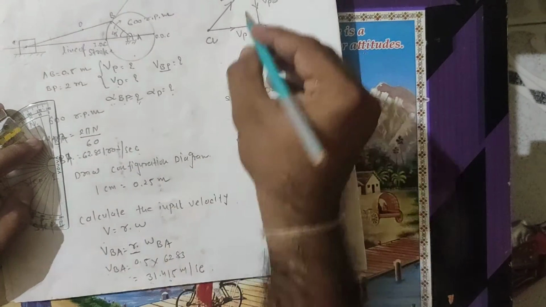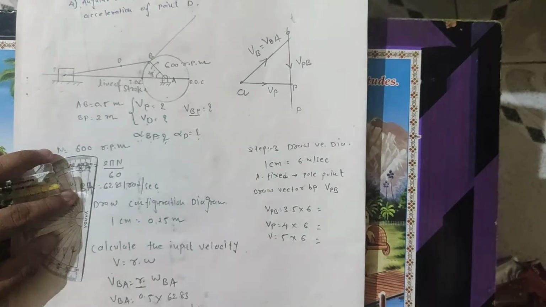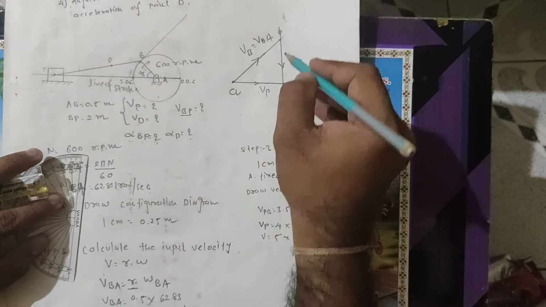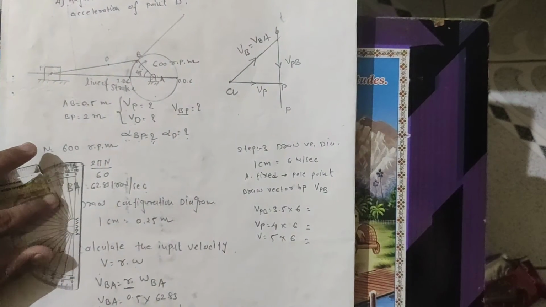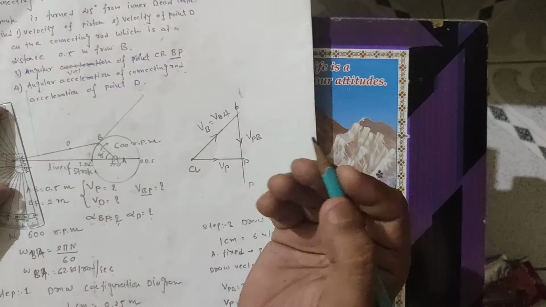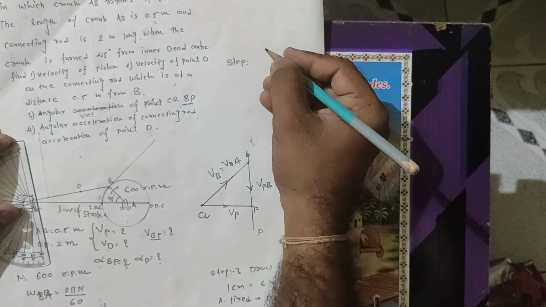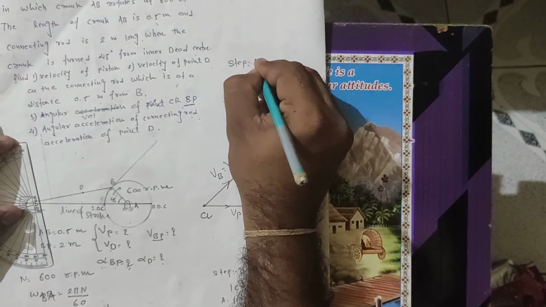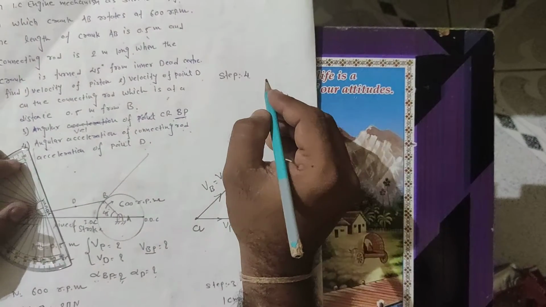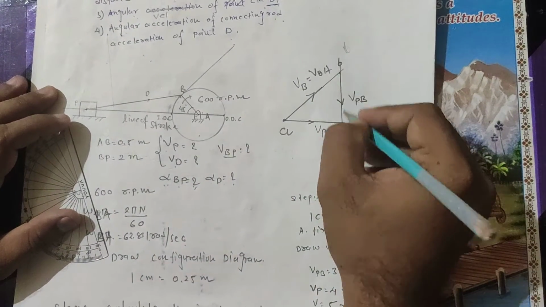Okay, so here one point is remaining. Which point is remaining? To locate a point D, on which link? On the link PB, on this link. Okay, so how can we locate that? As per the step that we have to consider for that purpose. How do we locate the point D? So that is located on this link BP.